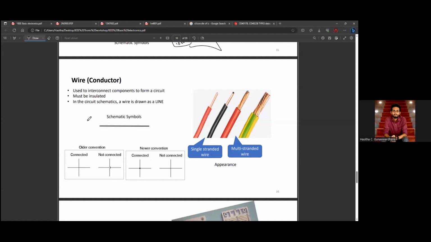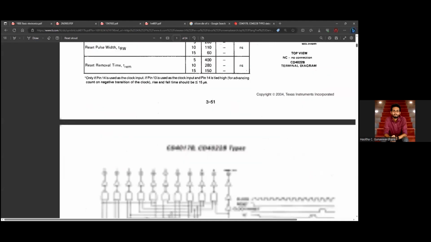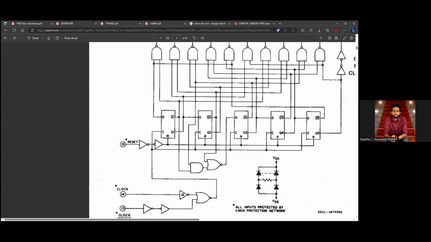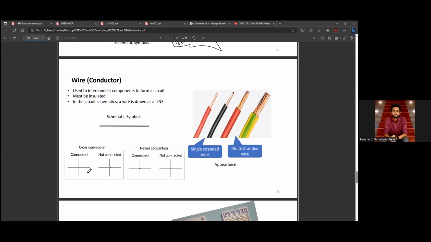So when we draw schematic diagrams, assume we draw a schematic diagram like this. There are lines that are not connected but are crossing each other, and there are also lines that are connected and crossing each other. So to denote these two types,